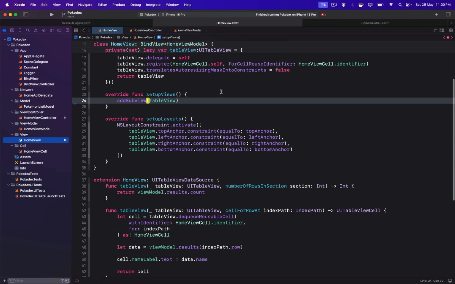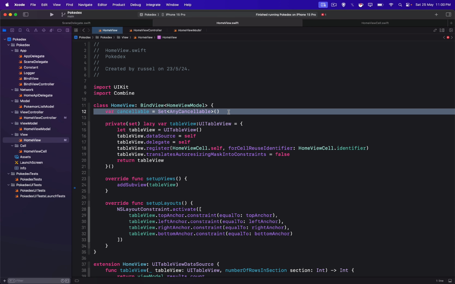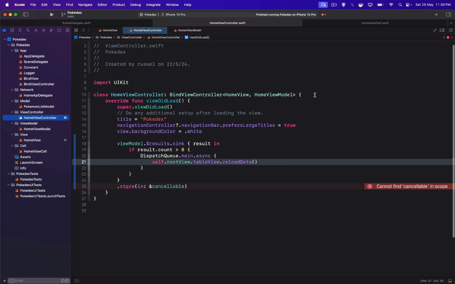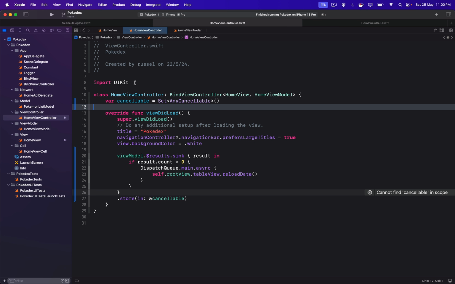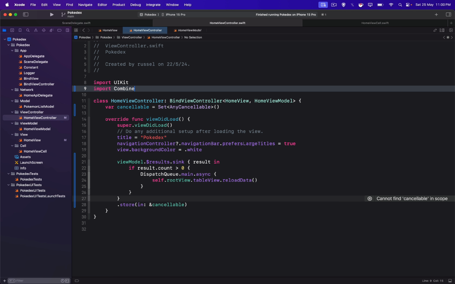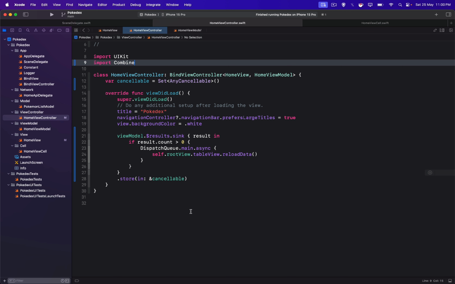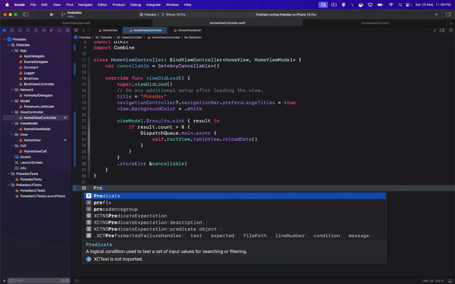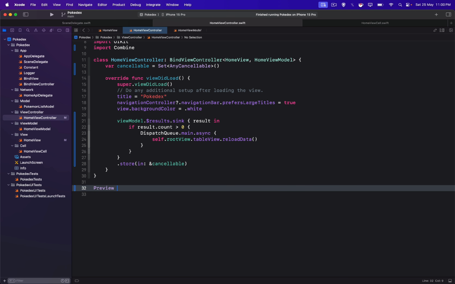Now we need to call the cancelable from view controller as well, so copy this and paste it here. Also we need to import Combine. So all the warnings are gone. You can actually check it from home view controller with preview. We can use preview and UIKit as well,